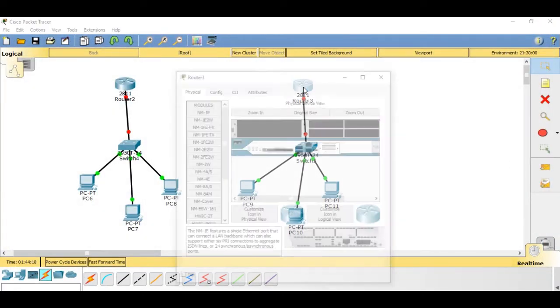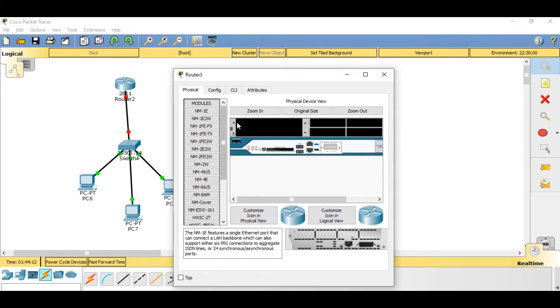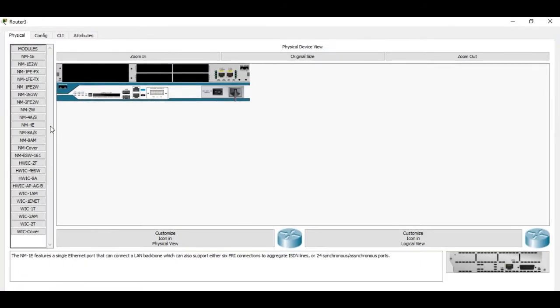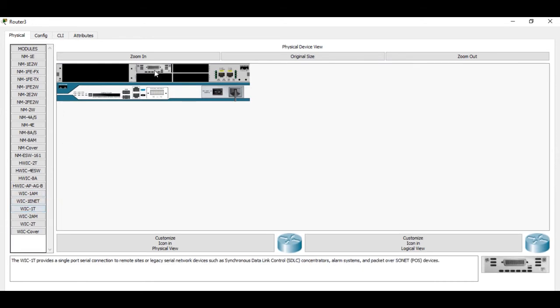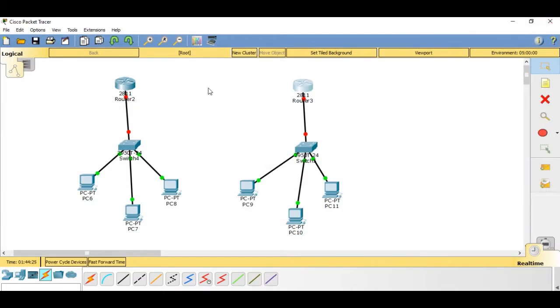Simply go again to the second router. Here also you would have to come here and turn it off, and then select WIC 1T, drag and drop it here, turn on the switch again, and then simply close it. Okay, now we are going to connect both these routers. We have added a serial interface, or a module, to both these routers.